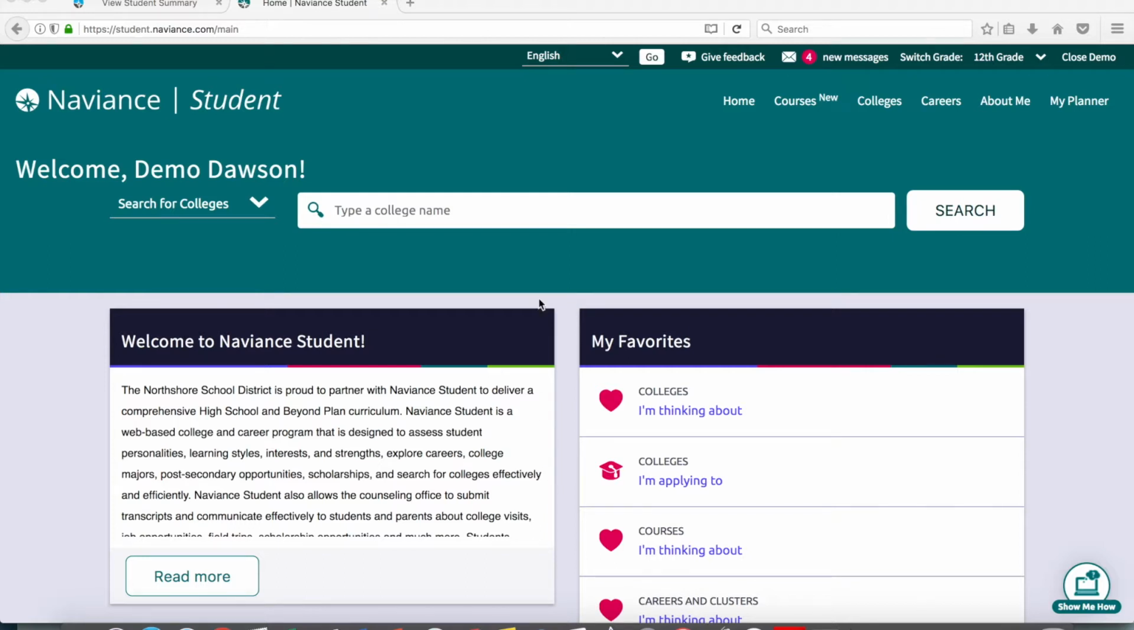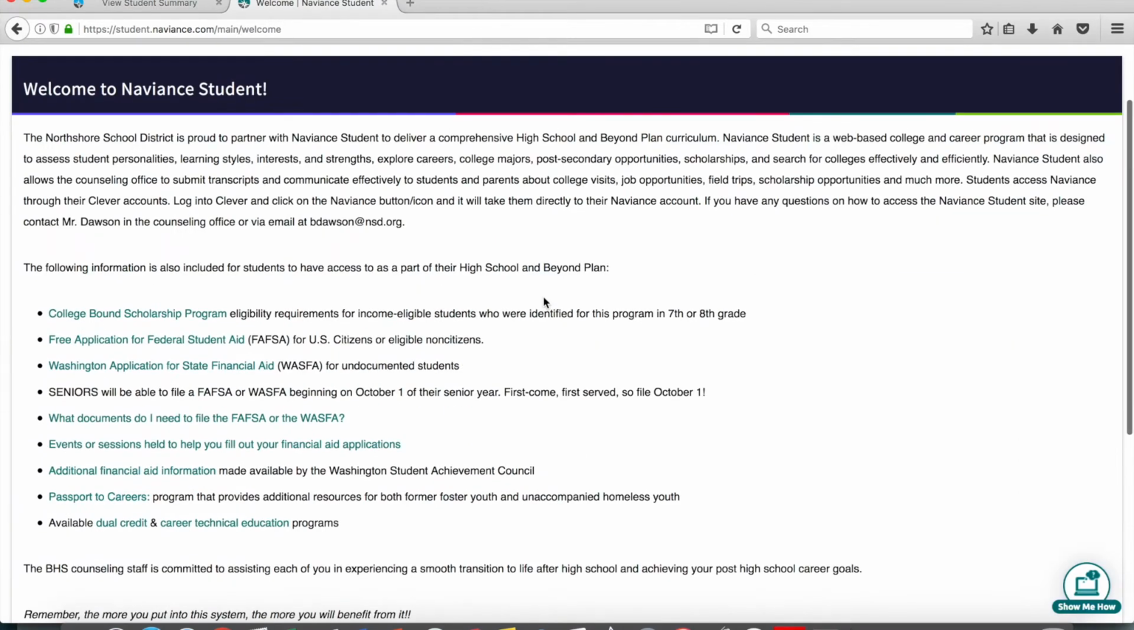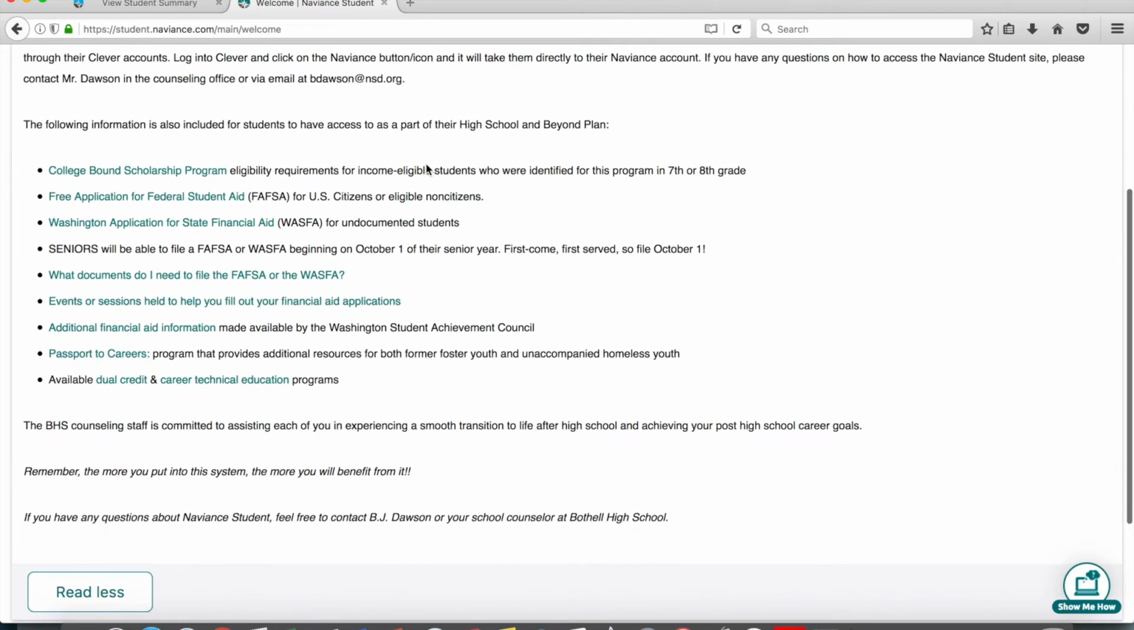Before we get started on the list of tasks, I want to point out an important section of this Naviance landing page. And so you go down here to read more, and you click on that, and you'll see a little bit of information about how we use Naviance, but more importantly, you'll see some links to some important financial aid information sites. Most importantly, the FAFSA and the WAFSA links. So if you're planning to pursue any kind of college after high school, you'll definitely want to fill out the FAFSA or the WAFSA if that applies to you